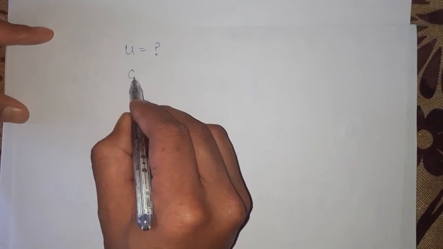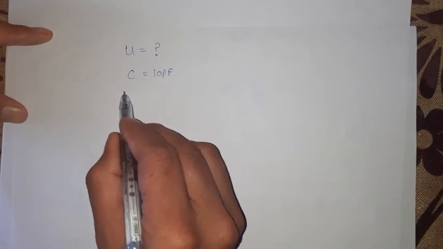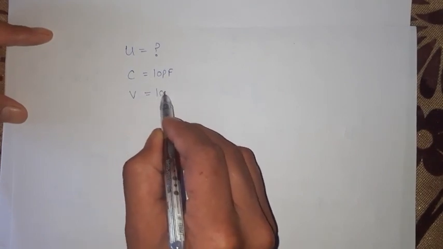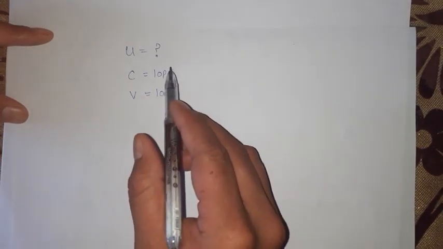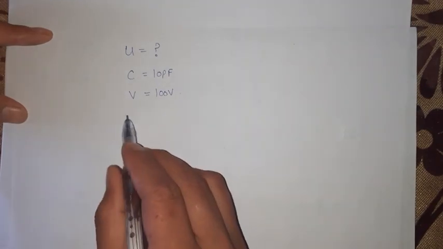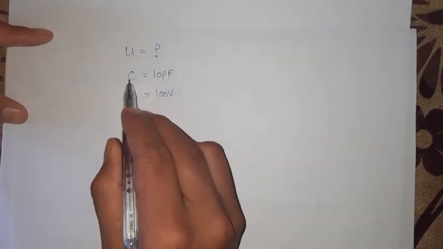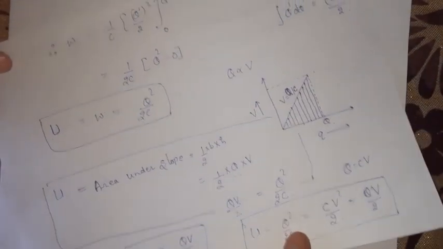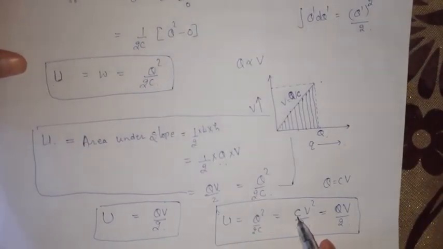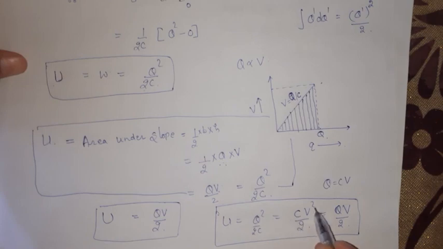Now let us look at how much potential energy is stored in the capacitor, and the capacity of the capacitor is given to us as 10 picofarad, and it is connected with a 100 volt battery, so the potential difference applied is 100 volt, and we have to determine its potential energy. So the electrostatic potential energy, or directly the potential energy, is 1 by 2. Now you have to look for the relation related with the capacity and the potential difference. So you will find that potential energy can be written as 1 by 2 CV square.